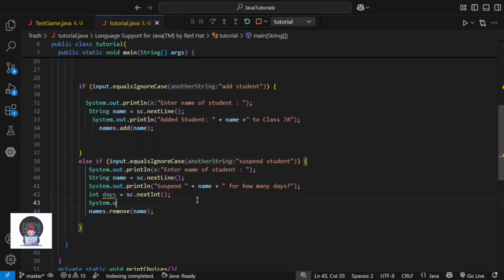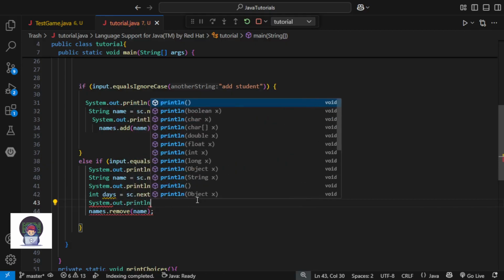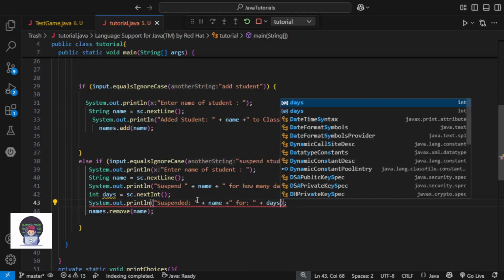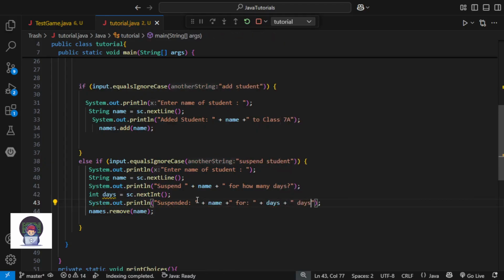And we will also print that suspended plus name plus for plus days plus days. Okay, so this is it.